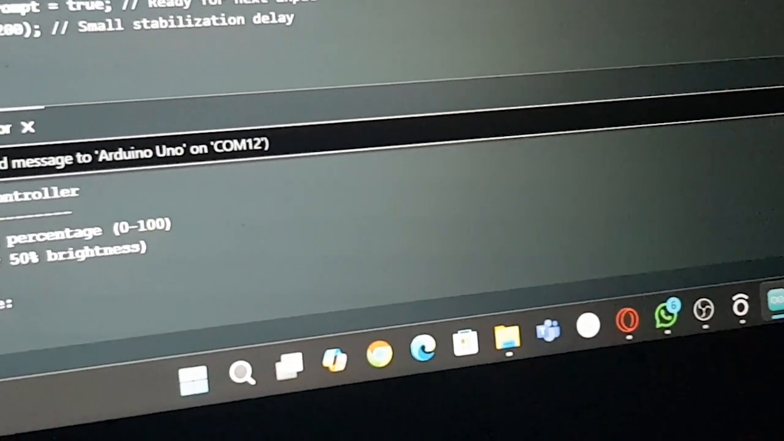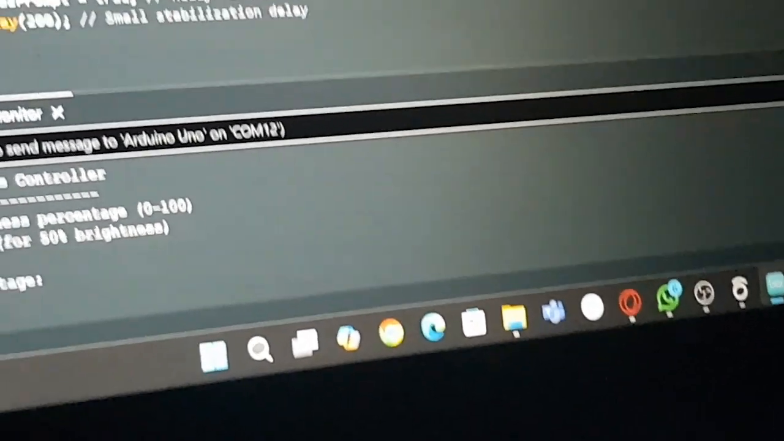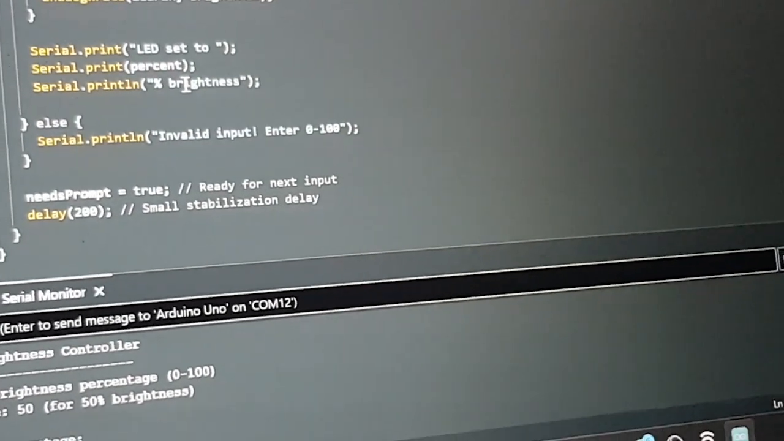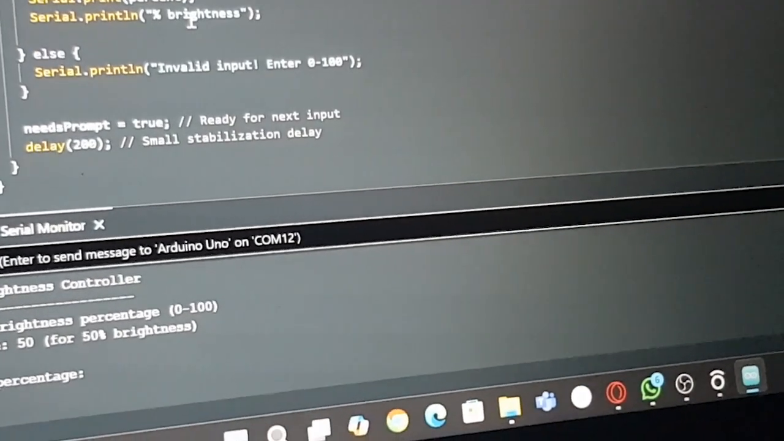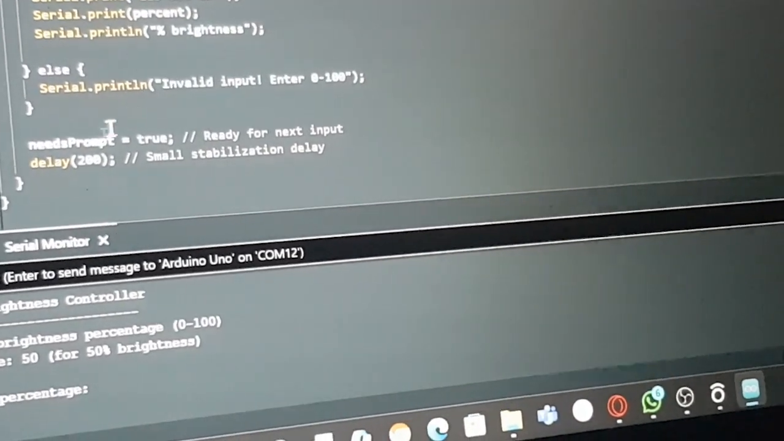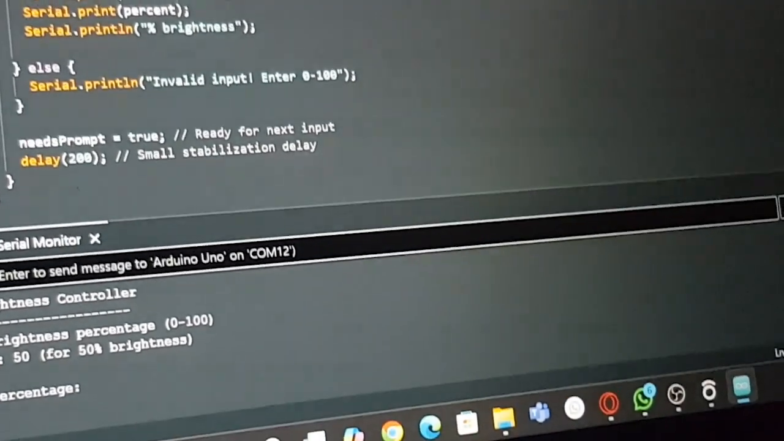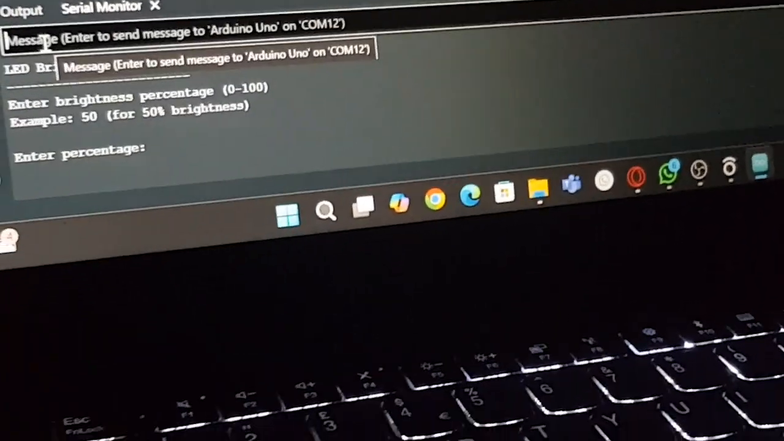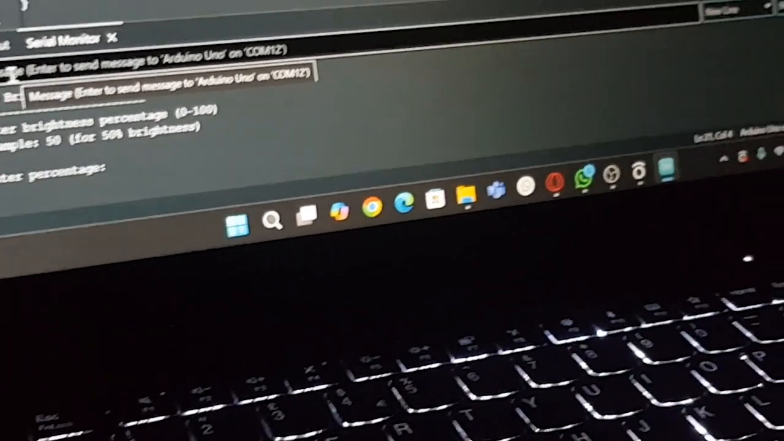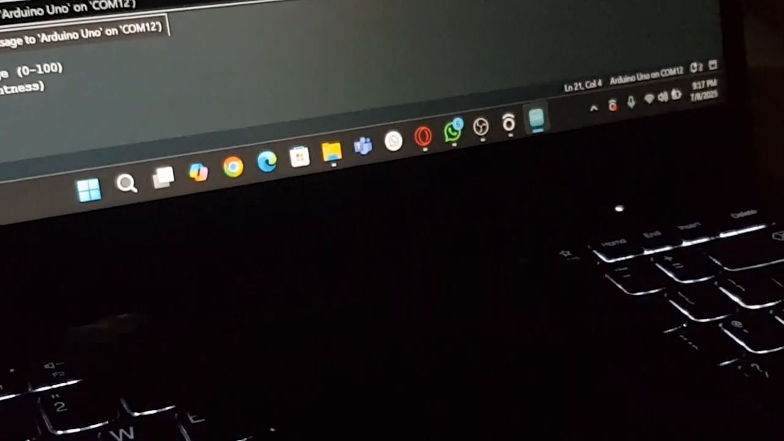Okay, so as I said earlier in the explanation of this code, the main goal over here is to display the brightness of an LED ranging from 0 to 100. So over here, we've run the code and we are going to input a number in the range of 0 to 100 so that our LED will be displayed. So now let's try the number 20. As you can see,